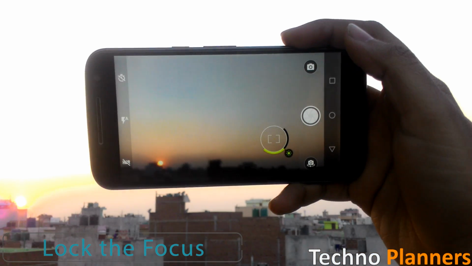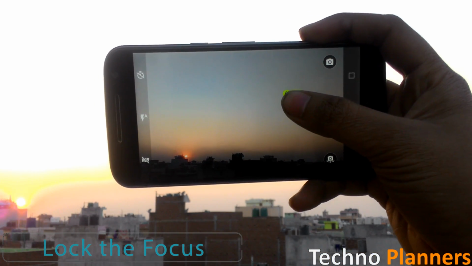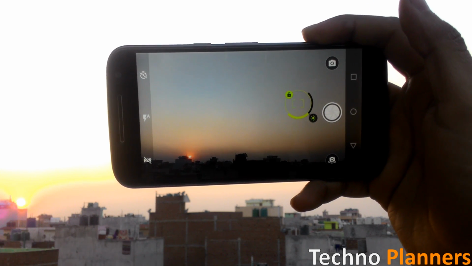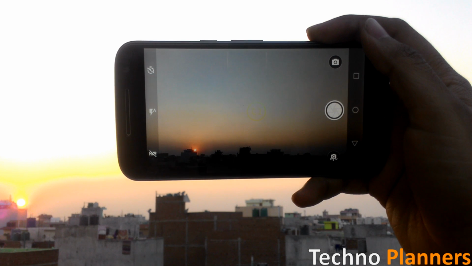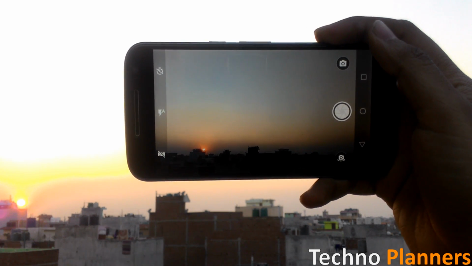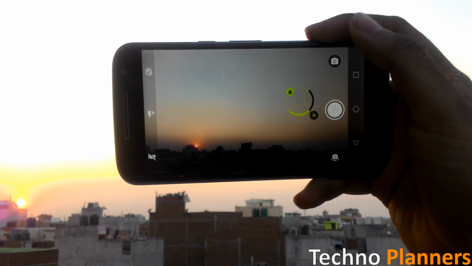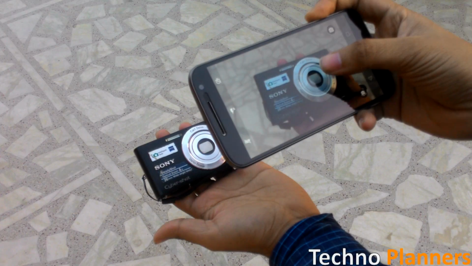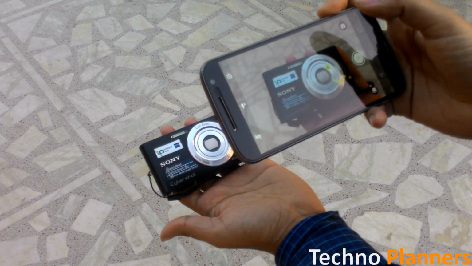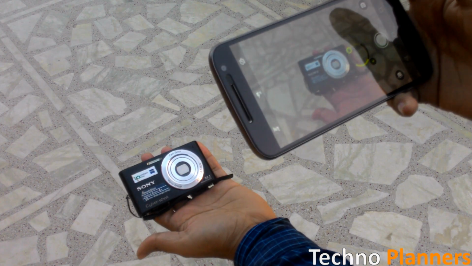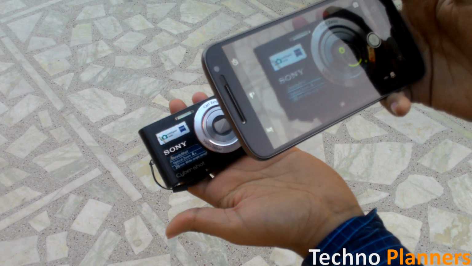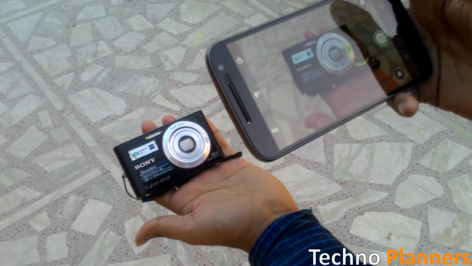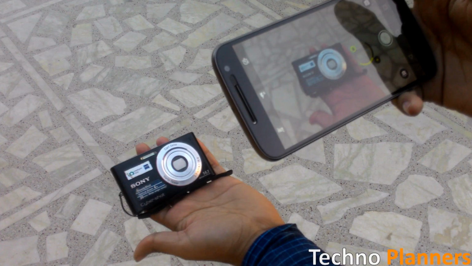The autofocus capability of the G4 is pretty good. The G4 Plus has a definite advantage in this area. In either case, you can override autofocus and lock your focus quite easily. All you have to do is tap and hold on the subject and you will see the focus circle appear with a small padlock attached. The camera will then focus on that particular spot even if you move it around.